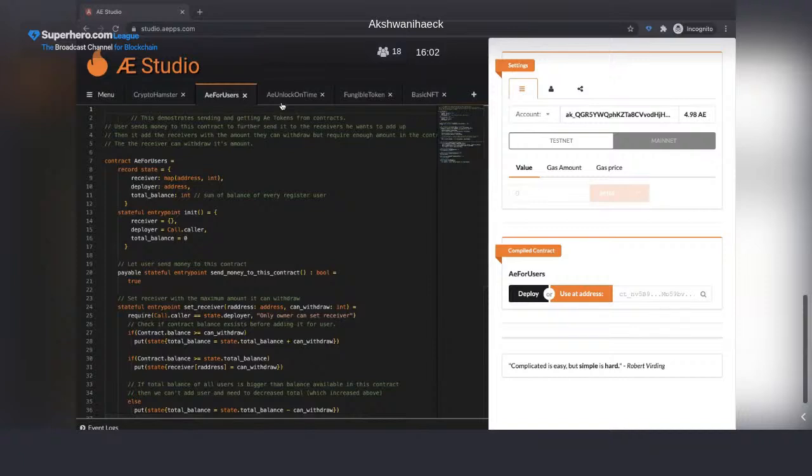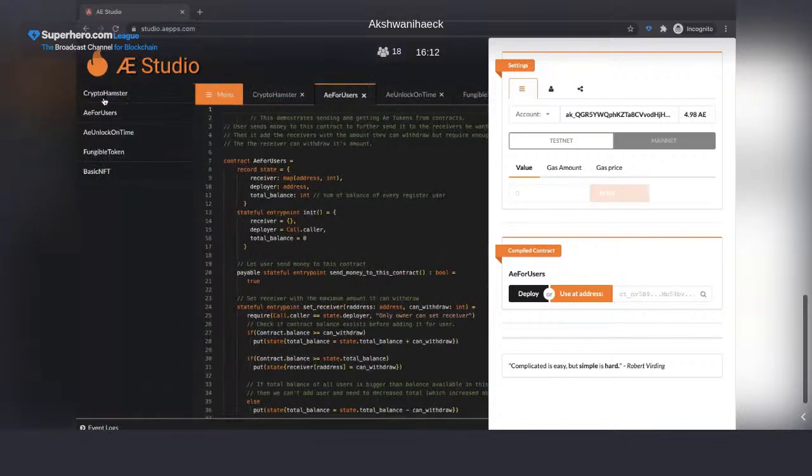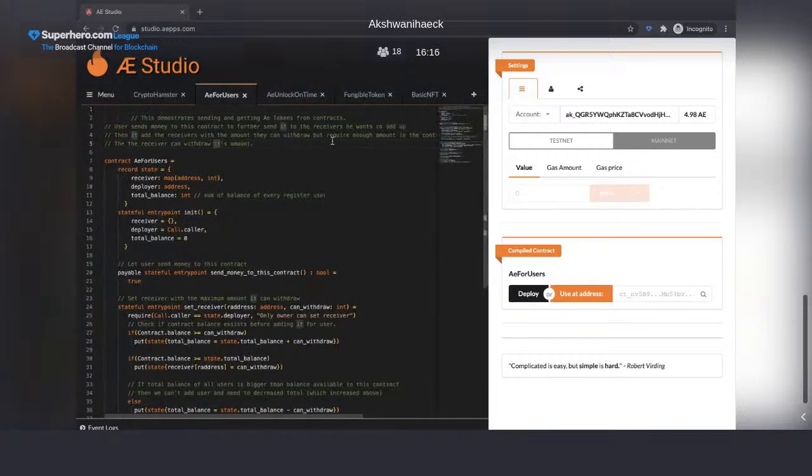What you can see here is, of course, the place where I'm going to be coding my contract. I have a menu where I can access the different files I have open in the Studio, but on the right side I have the pre-funded account, like I said before, for the testnet.